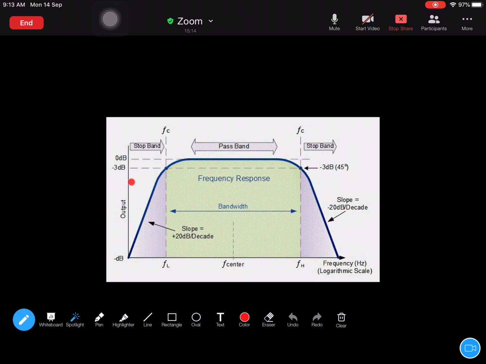At minus 3 dB gain, the power will be almost half the maximum power. At this point in the middle, at F center, you will be getting some power value. Let us say that power value is P max, the maximum power. But at FL, you will be getting P max by 2, half the maximum power. And below that, if you reduce, the power value will further reduce.